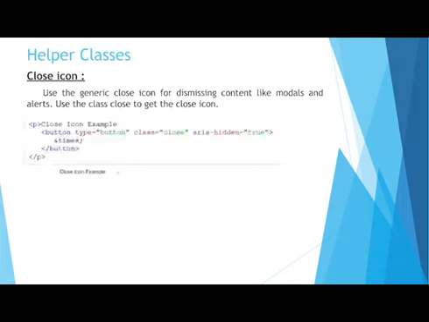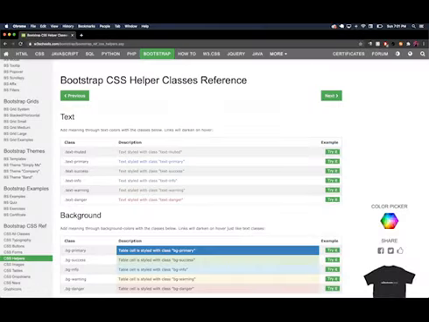Let's talk about helper classes. A helper class in Bootstrap is a class name that we can utilize for its styling abilities. There are text options where we could choose something like text-success and get text styled with this green color. Or we could use it as a background color. If we do bg-warning, we'll get a background color that's the same as that warning button we saw in the